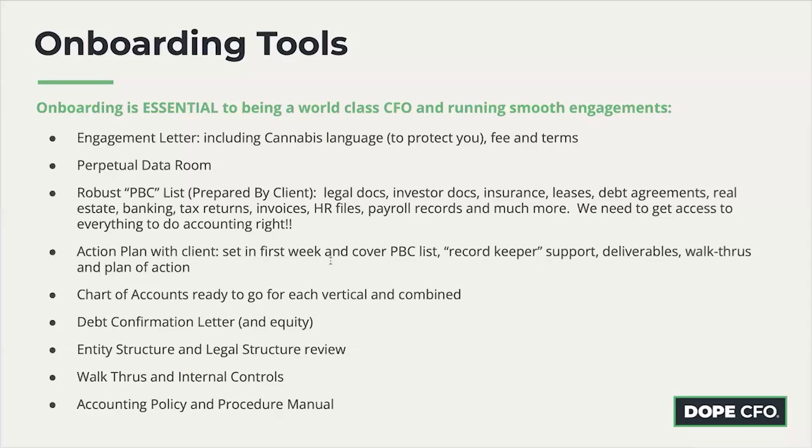We also have an action plan. You've got to have a chart of accounts ready to go, tailored to each cannabis vertical. We like to confirm debt for certain, especially in cannabis, and equity. You'll often find out, and you don't want this to happen to you, in year two, I've had this happen twice with a mother, the mother shows up. Hey, did you know my son or daughter owes me $1 million? I lent them that to get this started. So you don't want liabilities showing up later.